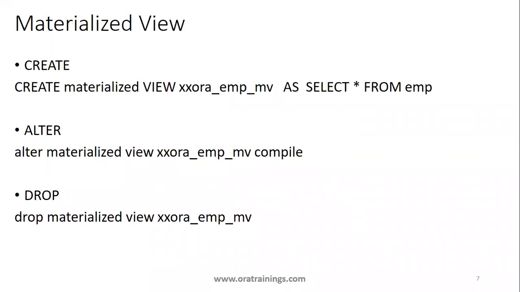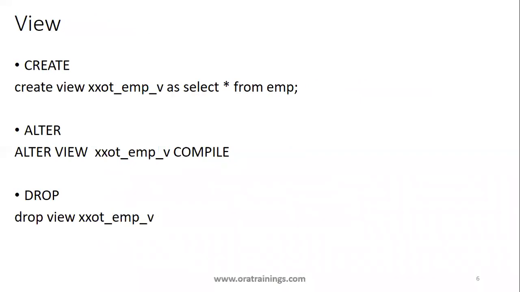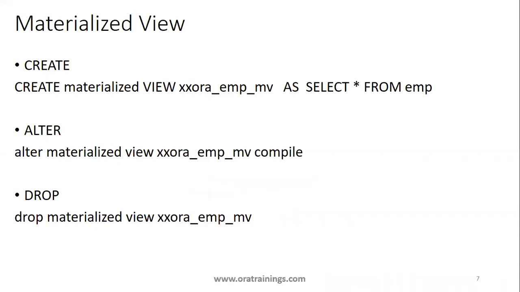That's it. Now coming to the other kind of view, called the materialized view. There is a slight difference between a normal view and a materialized view. When you deal with a normal view, the data you see through the view is never stored with the view. The data is totally available in the tables on which the view depends. But when you create a materialized view, the data will be available within the materialized view. Even if the tables involved in the select query are dropped, the data in the materialized view will not be dropped. That's the difference between a materialized view and a normal view.